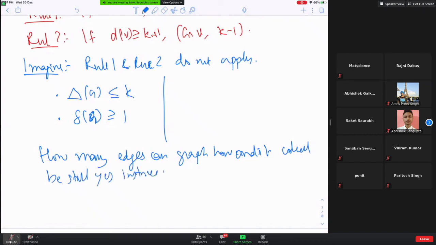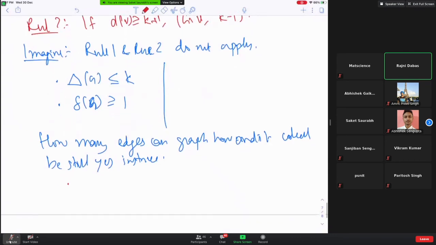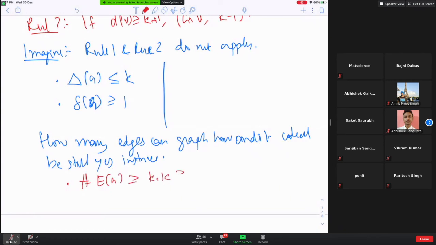Look, every vertex can cover how many edges? At most k edges, right? At most k. So if the number of edges in my graph is more than k times k, which is more than k square, my answer is... if the number of edges is strictly more than k square, what can I say? (G, k) is a